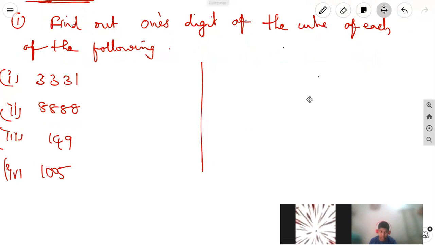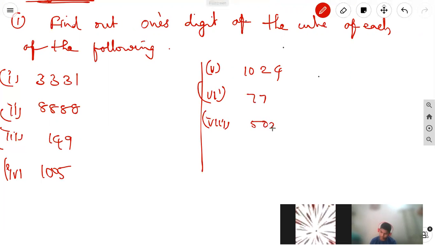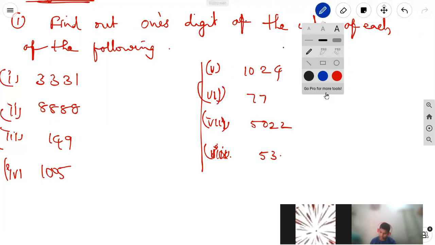Fifth one, 1024. Sixth one, 77. Seventh one, 5022. Eighth one, ninth one, and so on, 53. Here we know that if 4 is in the units place, then the cube of that units digit